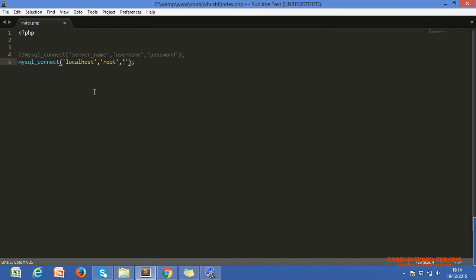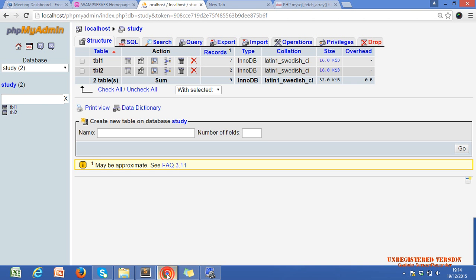Actually, in our local system there is no password, but there is a username. In every local MySQL or phpMyAdmin, the username by default is root for every localhost.